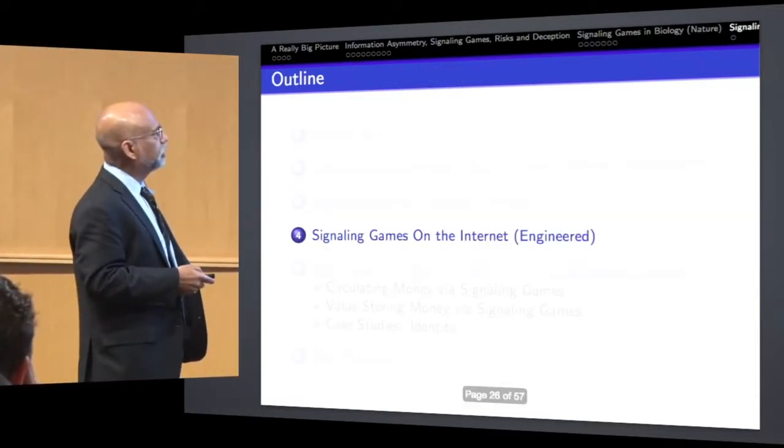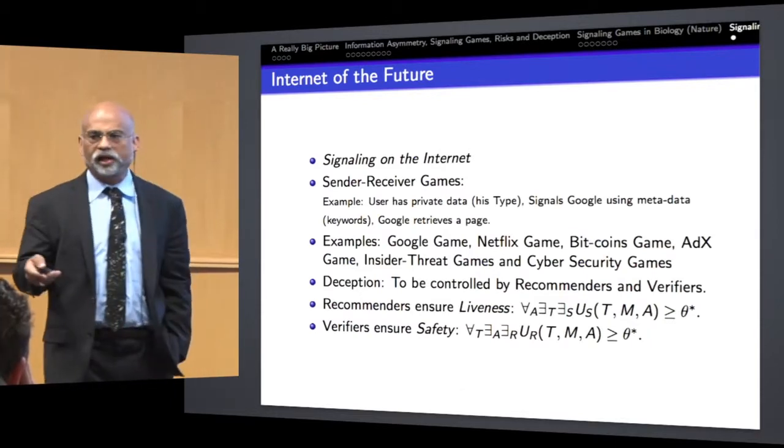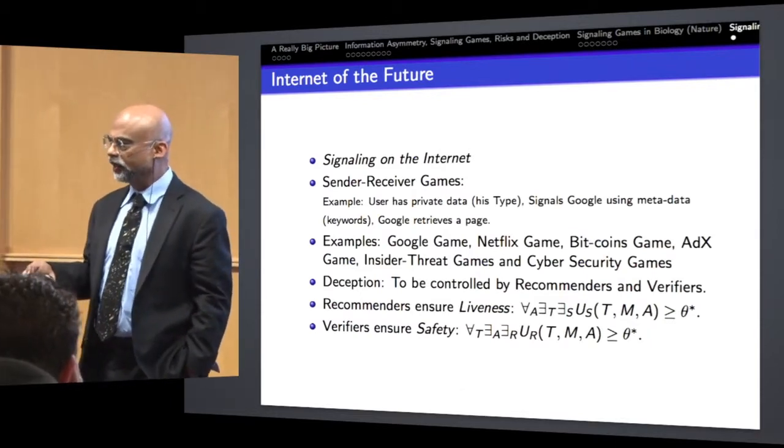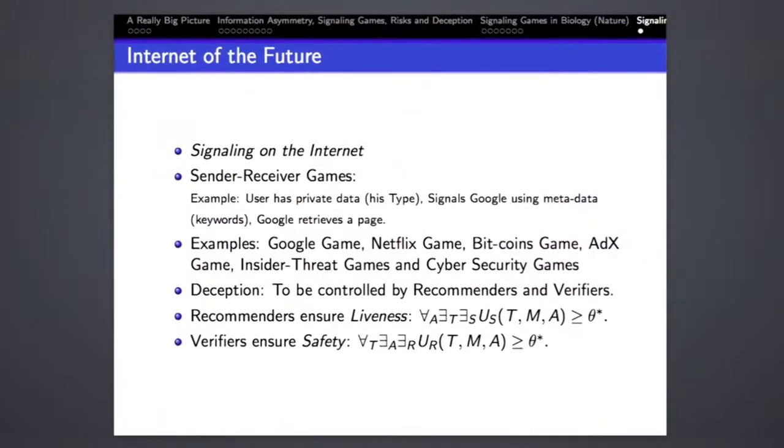So let's go to internet. And I've argued that internet has lots and lots of signaling games. The game we play, we send a keyword to Google. We do not want Google to know our state of ignorance. We don't tell them that I have a PhD and this and that. I don't want Google to know that. But I expect Google to take an action, give me a good PageRank page that